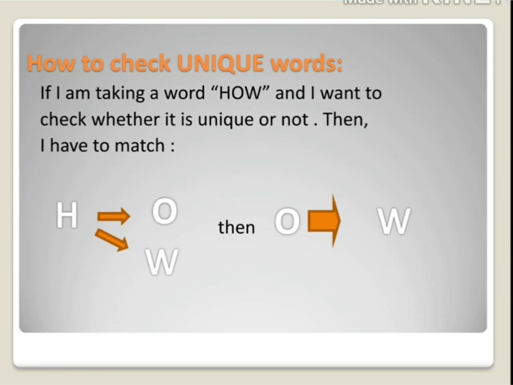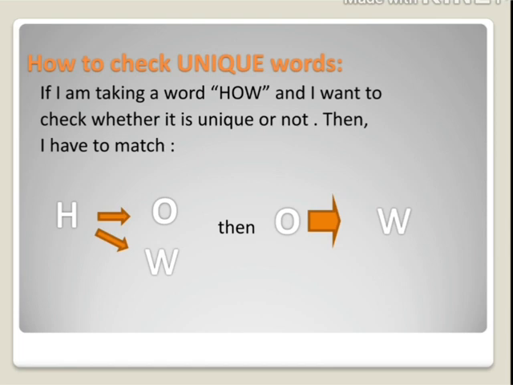That's why we are not supposed to pick W to check with other characters, because W already matched with the other ones. That's why always remember, when you are checking one character with the following characters, the last character has already been matched with everyone. That's why you are not supposed to pick the last character.